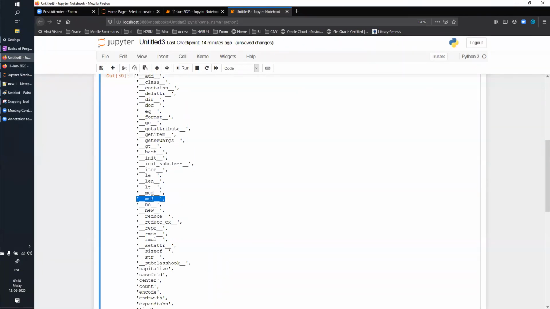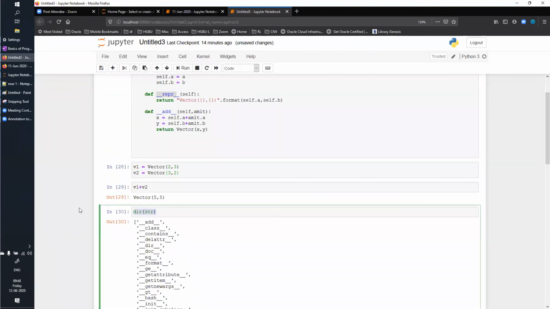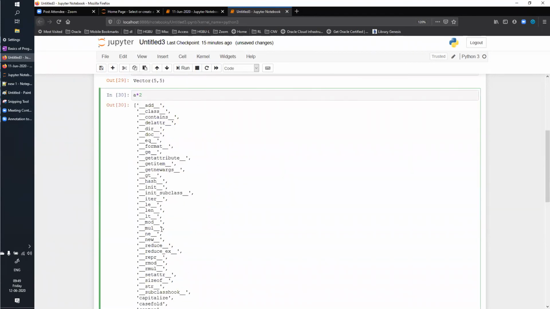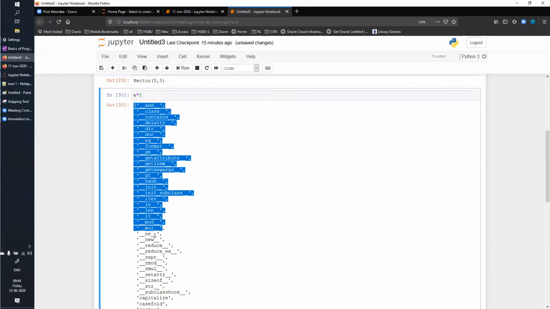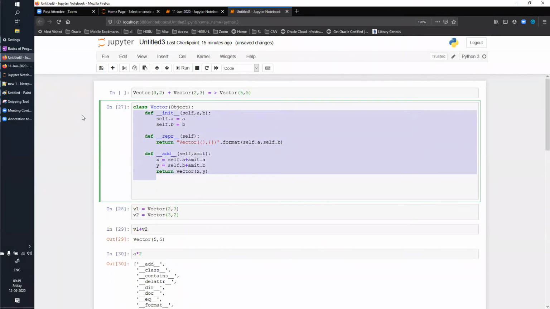If you want to modify or override one of them, you can do that. So like multiplication, what is that? Multiplication is star, right? So A multiplied by B in string is possible, right? A multiplied by some integer value is possible. It will repeat that string that many times. That is how multiplication works. But let's say you want to change the behavior. You can do that using this double underscore mul.